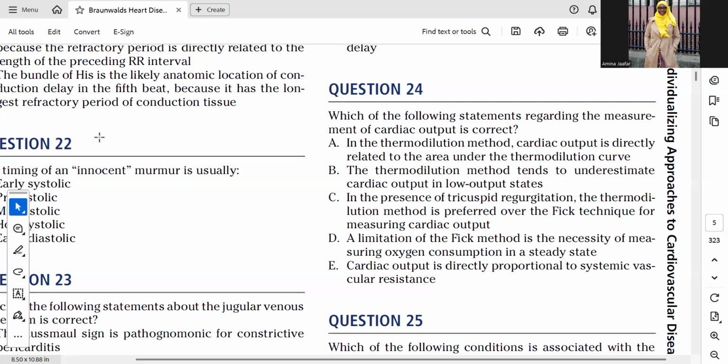So based on the principle, in low cardiac output, the temperature change is expected to be slow. Why? Because the cardiac output is slow. So you can imagine the speed at which the cold saline or the dextrose moves from the right atrium to the right ventricle to the pulmonary artery becomes slow. So this indicates low cardiac output. While in